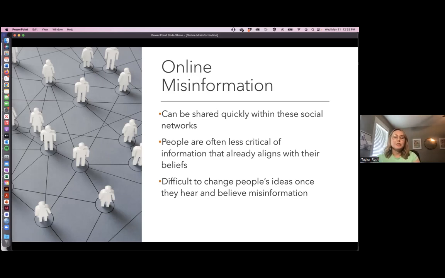The other thing is it's really difficult to change people's ideas or attitudes about this topic once they hear and believe that misinformation. Thinking back to some of those examples about the snakes that are in Nebraska that aren't in Nebraska, once people hear that, they might just latch onto it and be like, no, these snakes are here, I've heard it, I've seen it. You can give them counter information, but they might dismiss it because they've heard that misinformation first, which makes it really quite challenging. So we have to really think about where people are coming from when they're hearing that misinformation to understand how they're going to be reacting to it as well.